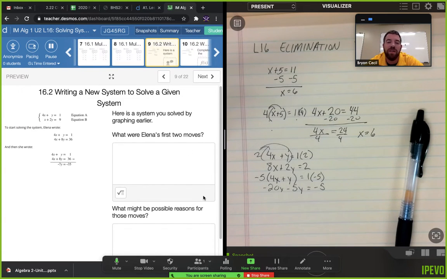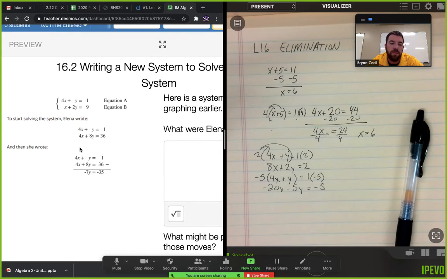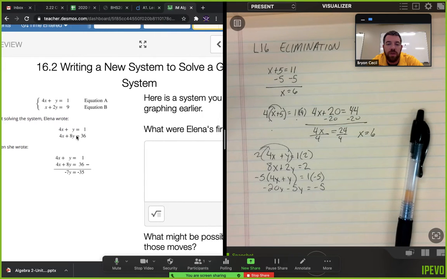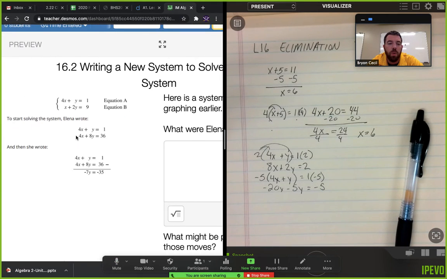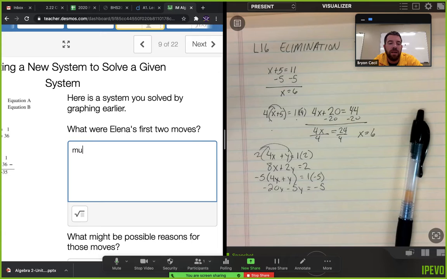Okay, so here's the system you solved by graphing earlier. So we look here. Okay, we had this. Now notice here, guys. What did she do? How did she get equation B to be 4x plus 8y equals 36? Look at this. She took x and multiplied it by 4. She took the 2 and multiplied it by 4 to get 8. So she multiplied equation B